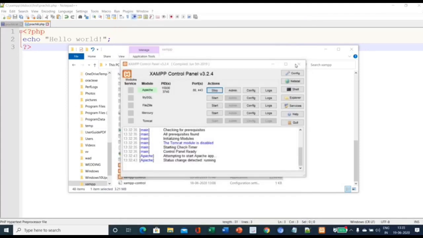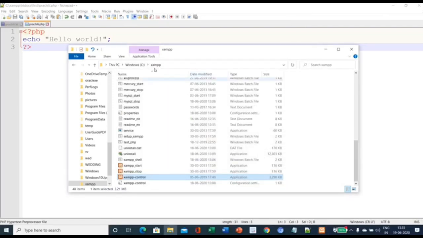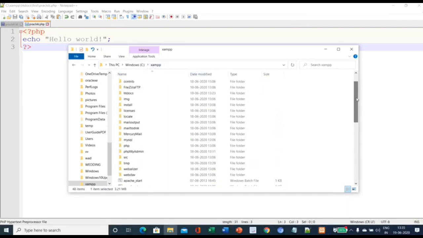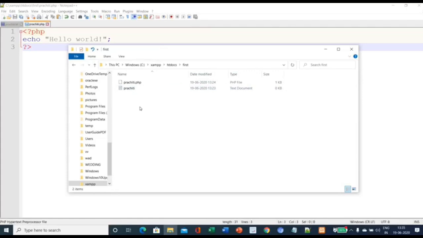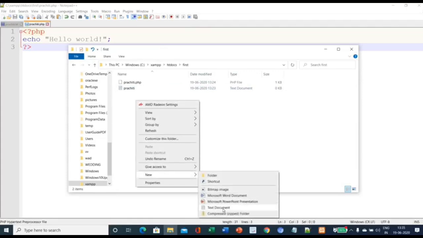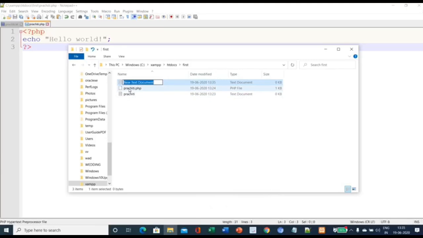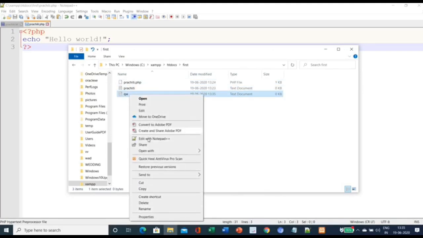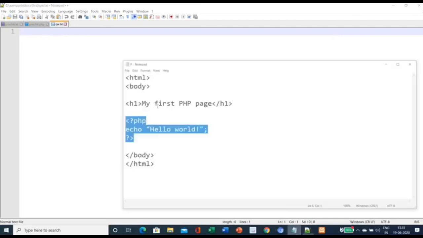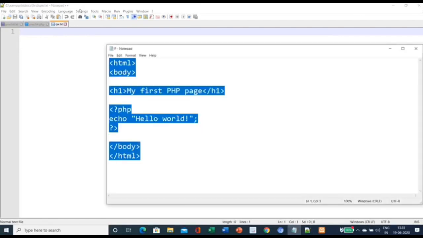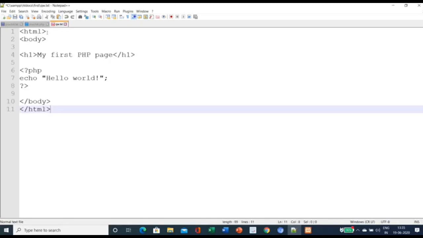Now let's look at another example. I'm closing this file. Now go to your htdocs. Under this same folder, I'm creating a new text file. I'm giving it the name qw.